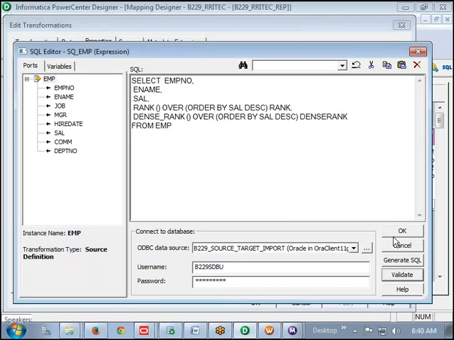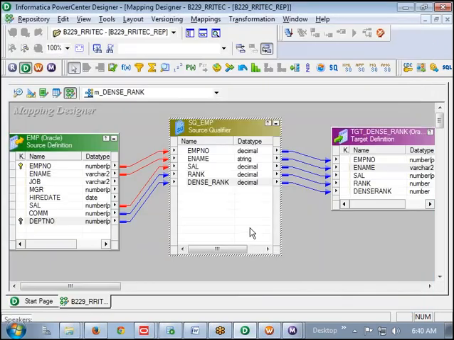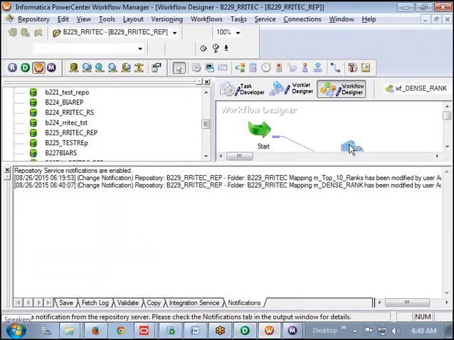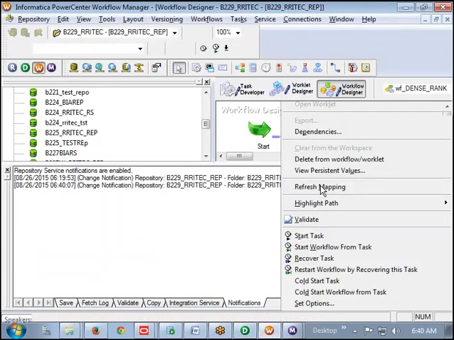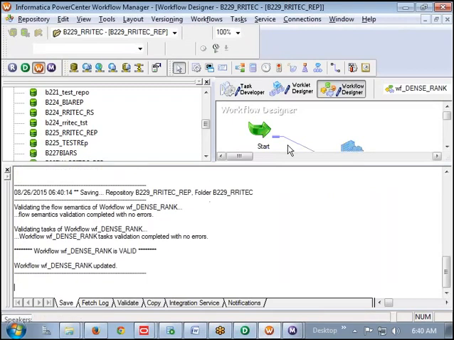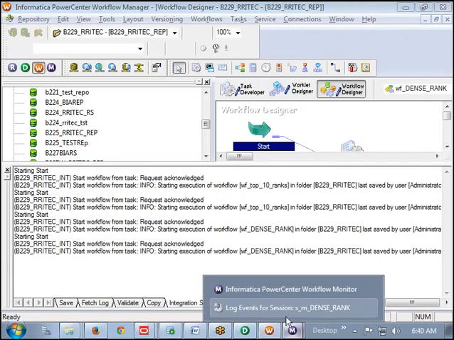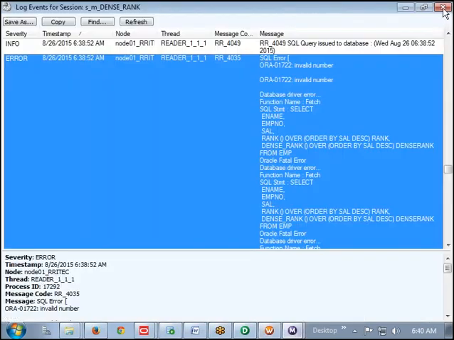Now you can see OK, then OK, then save it. Now go to the workflow level, right click on this, refresh mapping, then save it. Now right click, then start workflow from task. Now we should not have any issue, it should execute successfully.